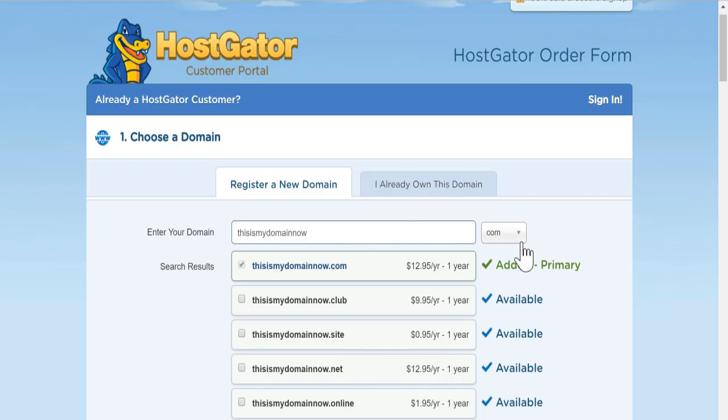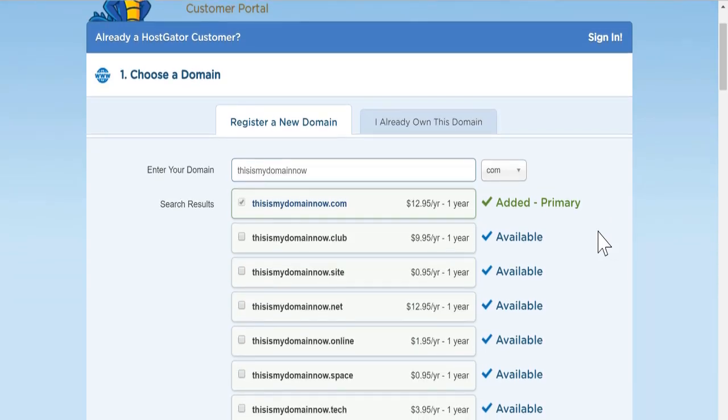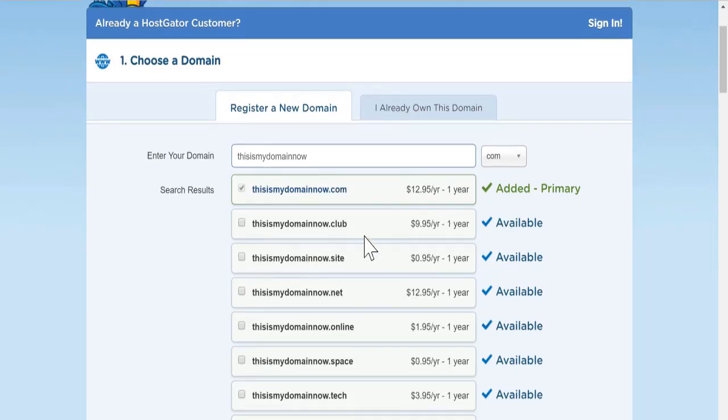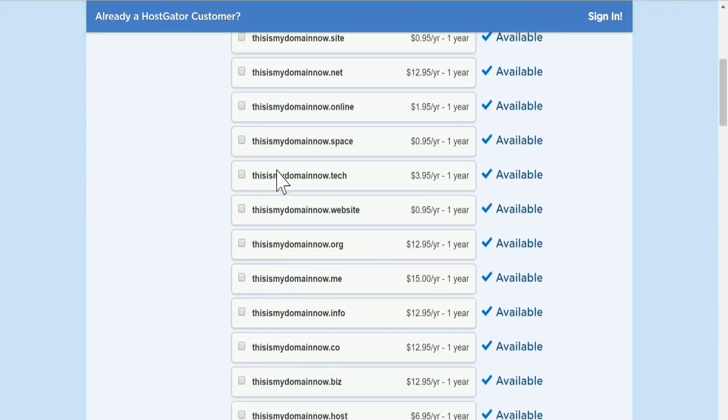Domain name. And I recommend .com first. If you can't get .com, you can go with .net or .org. Those are the most common domains that people recognize. I don't recommend getting any of these other, like .club, .site. I don't recommend those. So just get the .com, .net, or .org, and don't worry about any of these other